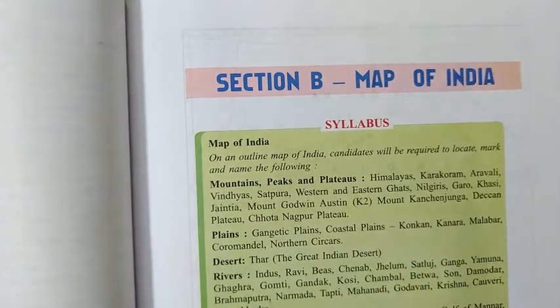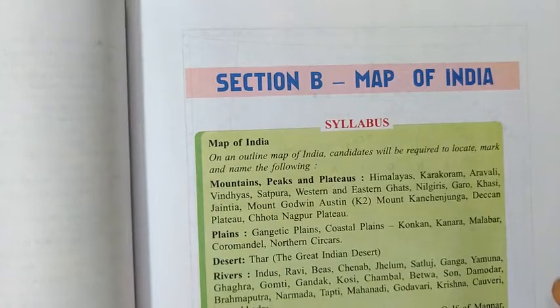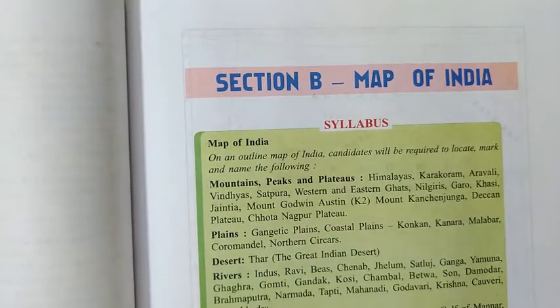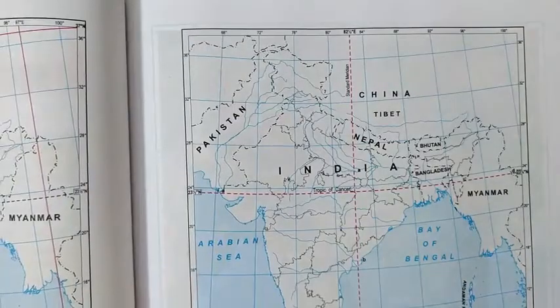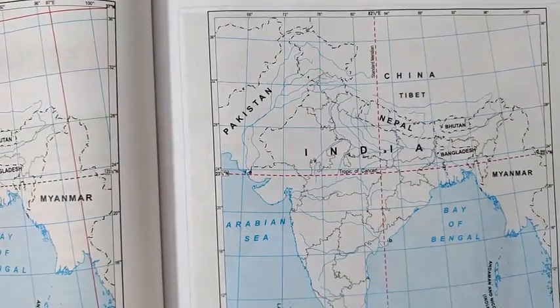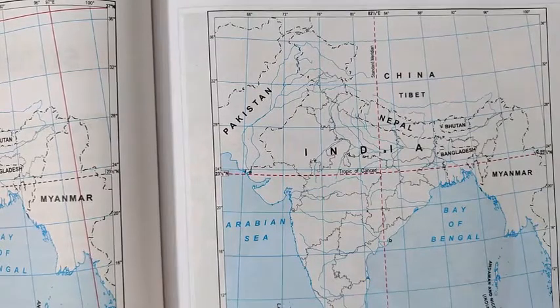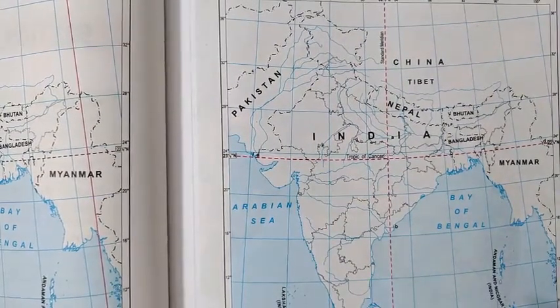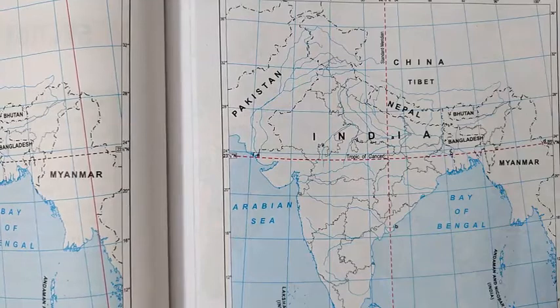Hello dear students, let's start a revision of the map of India, and very quickly I will show you how you are going to mark and label things on the map of India. First, it's all given in your book, all the maps and things. So all of you, just watch this video and also open your book to the same map, and whatever changes there are, I will tell you. You also make the change in your map.